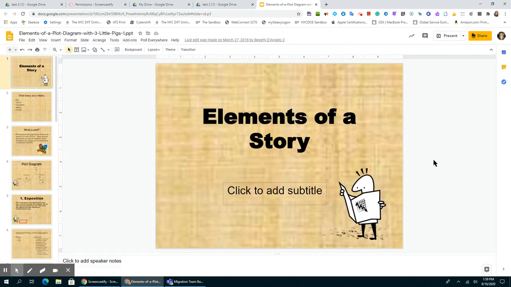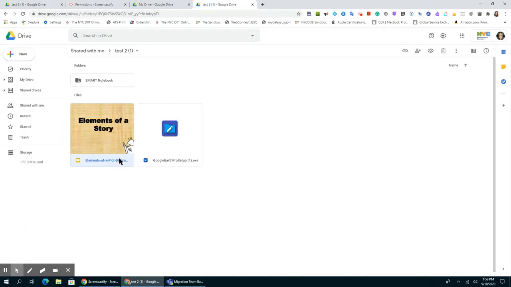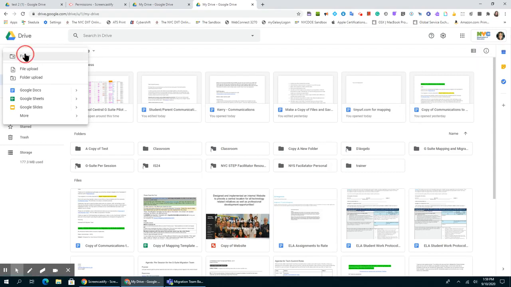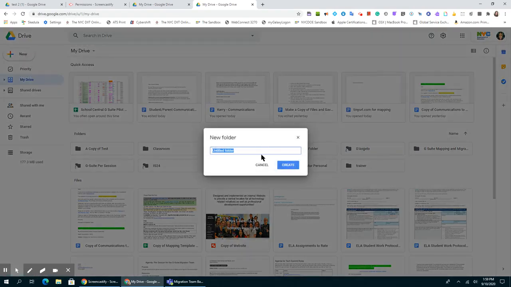So you can still access your documents from your school's account. You're just not the owner. In order to become an owner, you would need to make a copy of these files. So you would need to create a new folder in My Drive. You don't have to do this, but if you wanted to, the migration will actually do this for you when we migrate. But if you wanted to become the owner of your files before migration, you could just create a